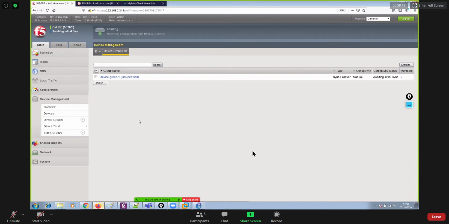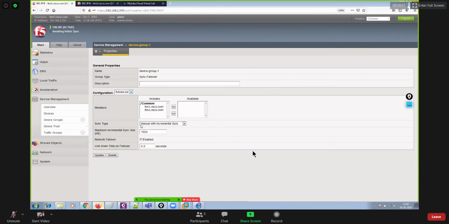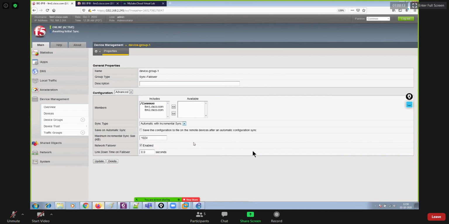Thereafter, you can go to the device group. I created a device group 1, which has these two devices. Okay, now look at this. Even if you look at this, sync type is what? Manual with incremental sync, right? And both of the devices are members of this device group. What I will do is say automatic with incremental sync.